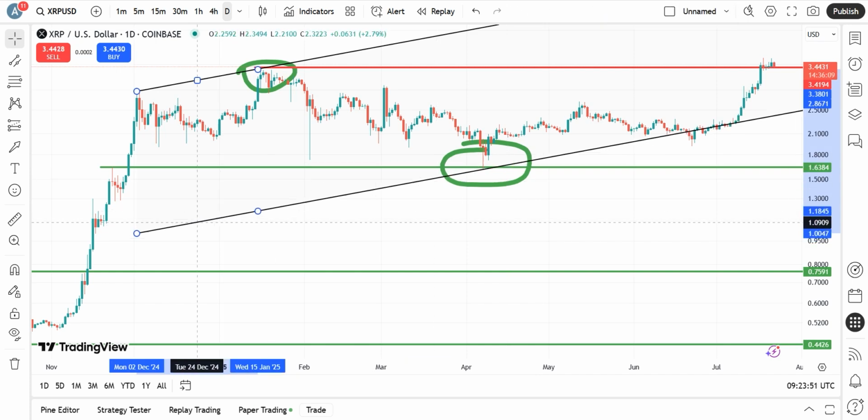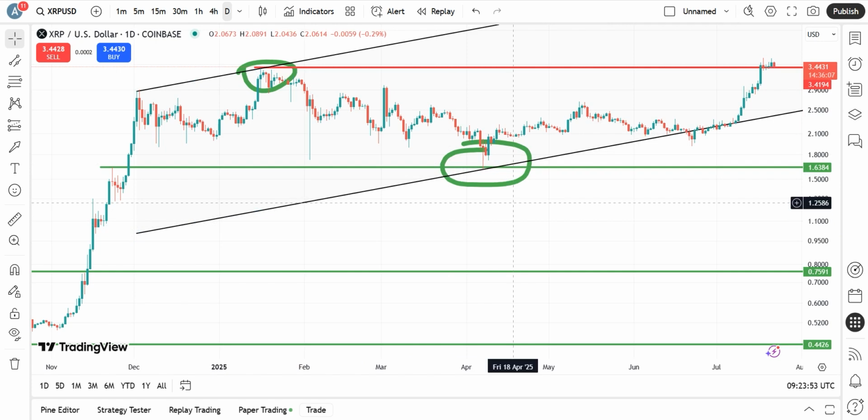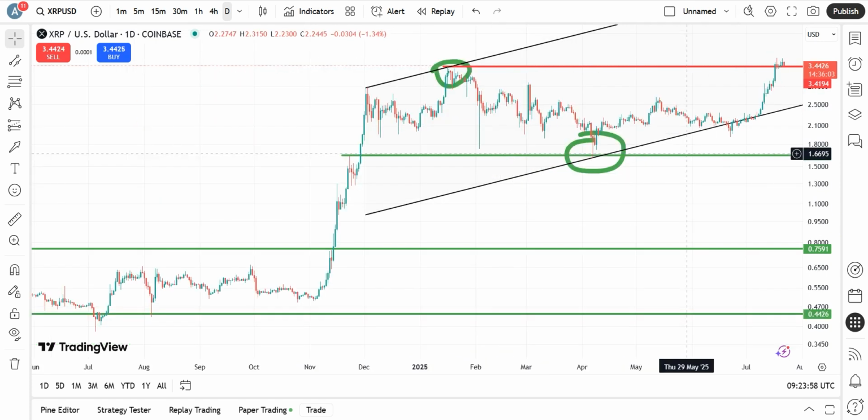I don't feel it. Maybe because I expected to have a high touch the higher trend line, and another low touch the bottom trend line,